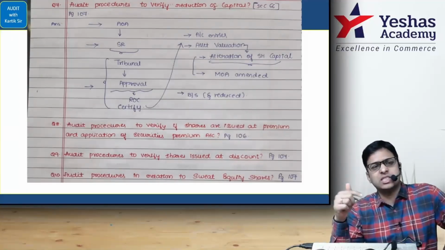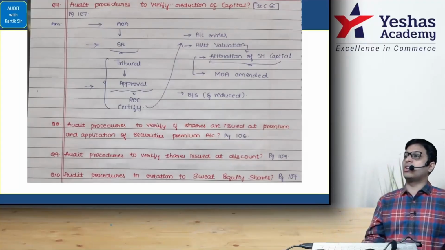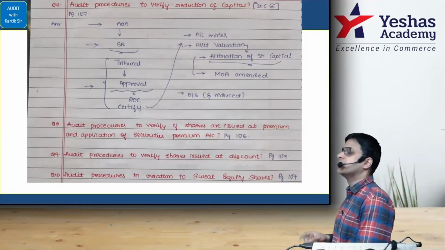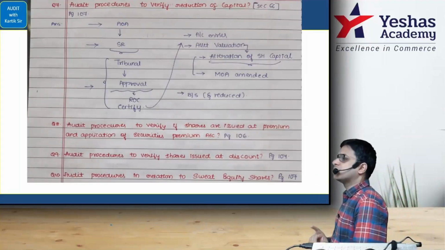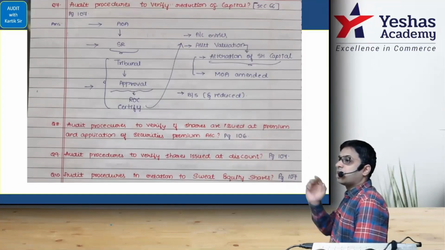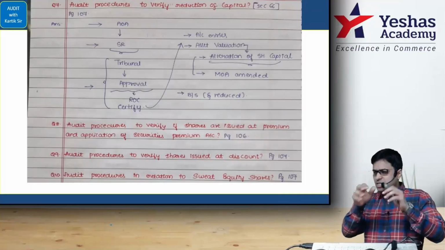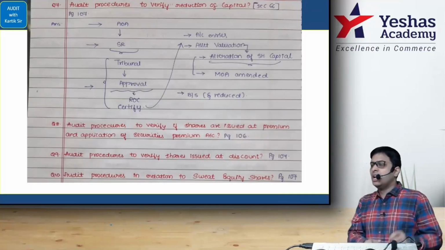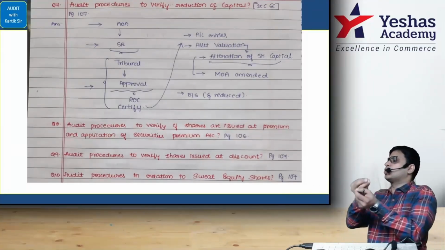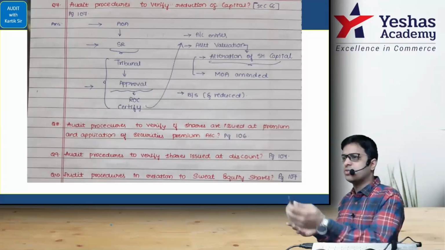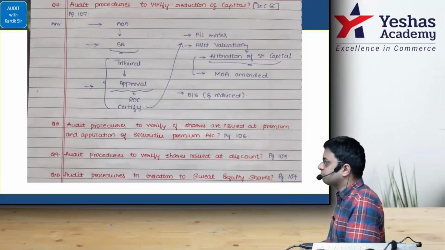Will internal reconstruction in accounts happen regularly or not regularly? Will it happen when the company is in a good financial position or a bad financial position? So it's a rare situation. The company is in a bad financial position and wants to show the real balance sheet. They have a lot of garbage in the company, like miscellaneous expenditure and goodwill, showing on the asset side. They want to cancel that off and come out with a renewed balance sheet. Basically, that is the main intention. That's what you do in internal reconstruction, correct?